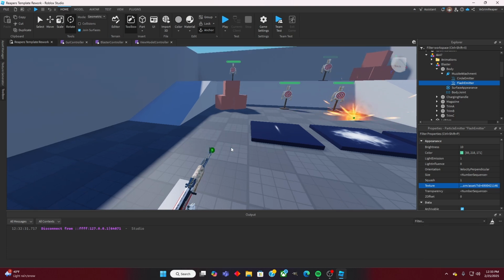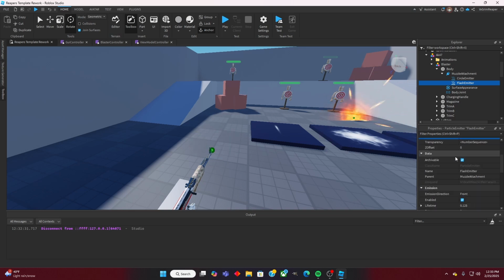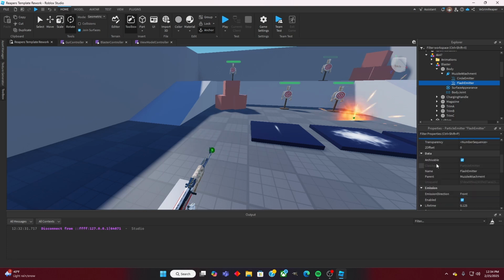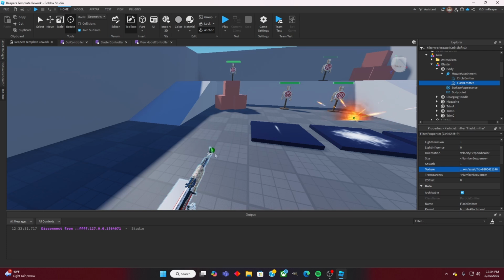Now, in these properties, we can customize to our heart's content. But I think what I'll do is change the size of it. There's two different ways we could change the size. We can put in a basic number. We could say 0.5, and be like, okay, that's good enough. Or we can go and use Roblox's